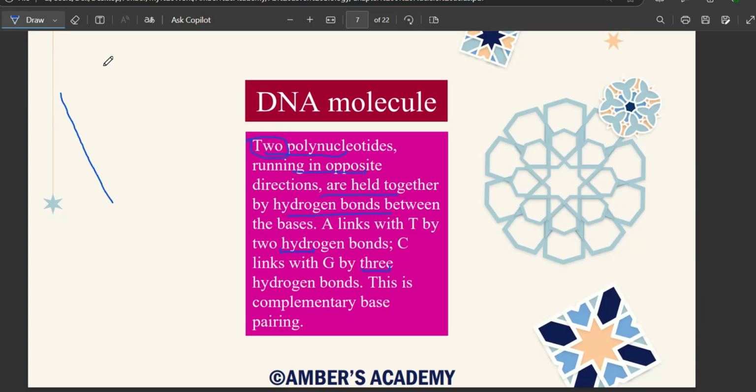If let's consider this as your DNA strands, then one of them is your polynucleotide. So poly means many and nucleotide is the monomer of your nucleic acids. Okay? So lots of nucleotides are present on this strand and lots of nucleotides are present on this strand. And this is why they're saying two polynucleotide. Are you able to understand this word? Two polynucleotides.